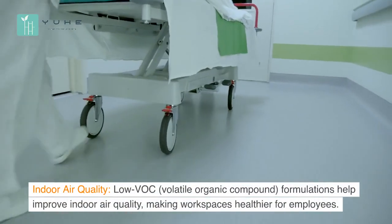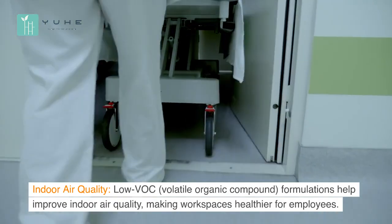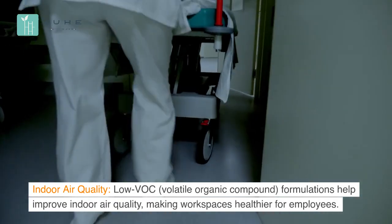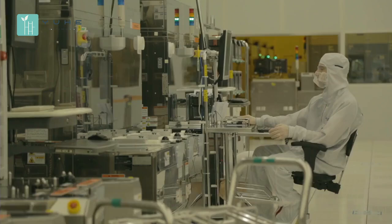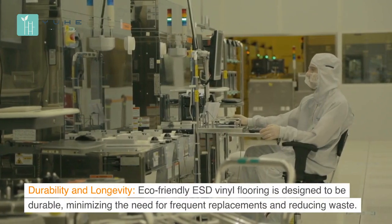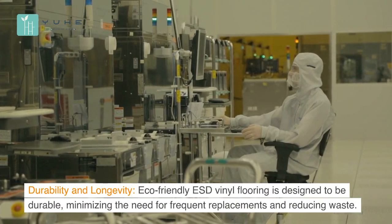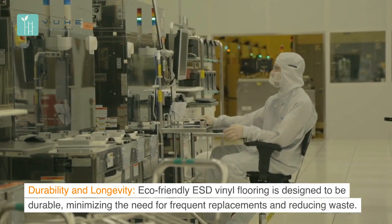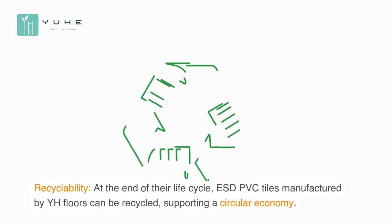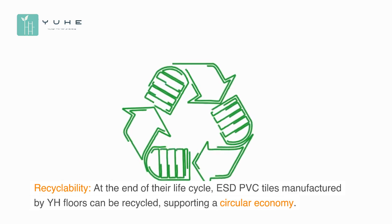Indoor air quality: low-VOC, volatile organic compound, formulations help improve indoor air quality, making workspaces healthier for employees. Durability and longevity: eco-friendly ESD vinyl flooring is designed to be durable, minimizing the need for frequent replacements and reducing waste. Recyclability: at the end of their life cycle, ESD PVC tiles manufactured by E-Floors can be recycled, supporting a